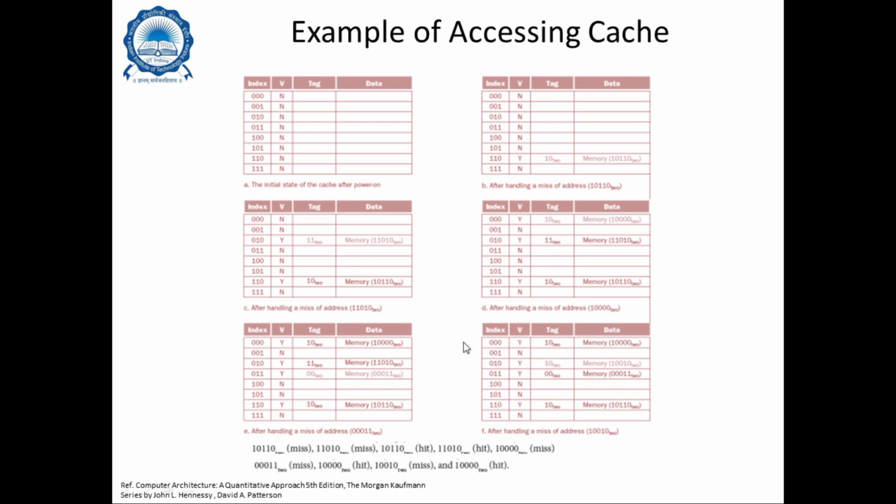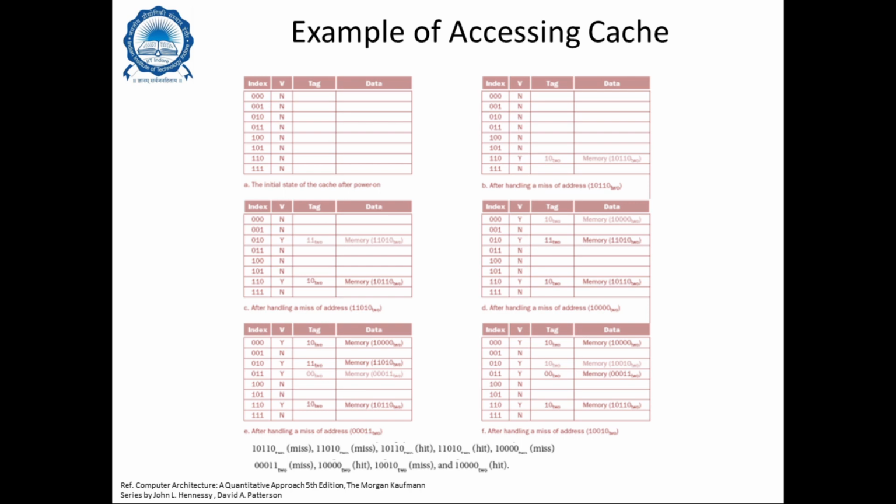Then you encounter the next miss, which is the one resulting from 4 zeros and 1. Of course, we are not talking about the hits, because hits will not have any problems here. For a hit, we will find the data available in the cache for 01101, because that is already there in the first entry. And for the next, it will again be a hit, because you will have the data available from memory location 01011 with 010 as the cache index. So I'm not talking about the ones in between, only the misses. This table structure shows only the misses. So you have 1, 2, 3, 4, 5, basically 5 misses that we are talking about.